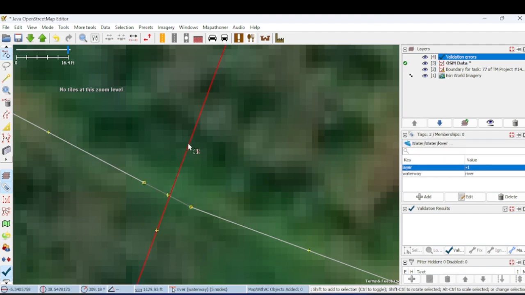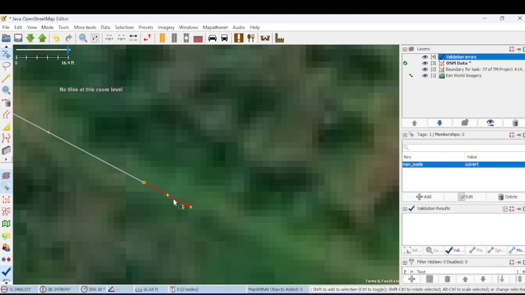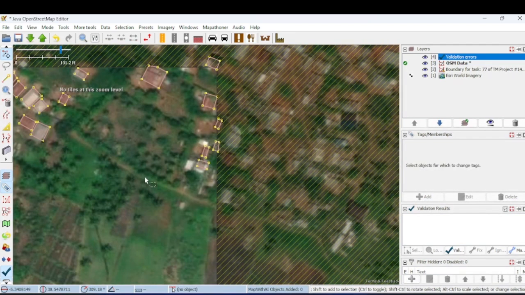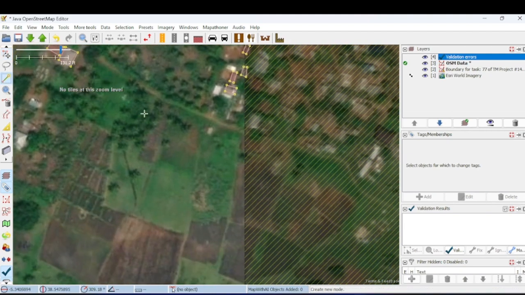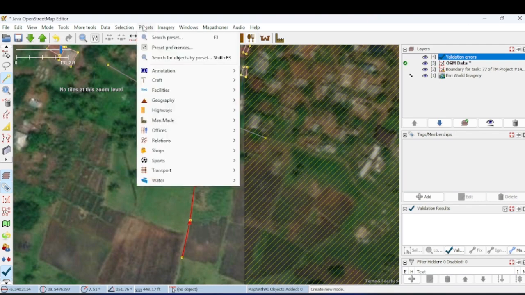So I am just going to delete this one, and this one, and this one, and this one. So assuming that the two roads were crossing each other in this way, like you have this is the road here, and also you are mapping this one, so it is coming from this way. So if I'm going to tag this one, I just tag it as the road,